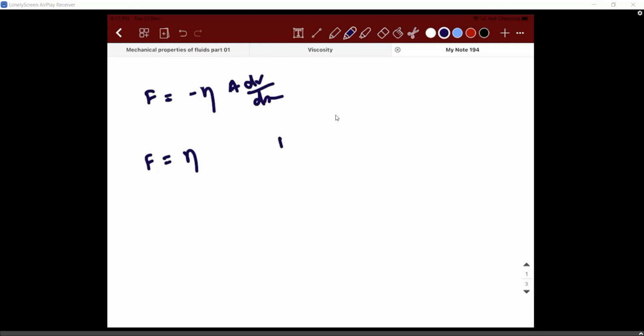So if I put A is equal to 1 and dV by dx also 1. 1 means 1 unit or whatever it is, meter per second, centimeter per second, I'm not concerned. Now, if I do this, I am able to find a mathematical relation, something like this. So what is the mathematical equation telling us? The viscous force is equal to the coefficient of viscosity under what scenario? When the area and the velocity gradient are each equal to unit value.